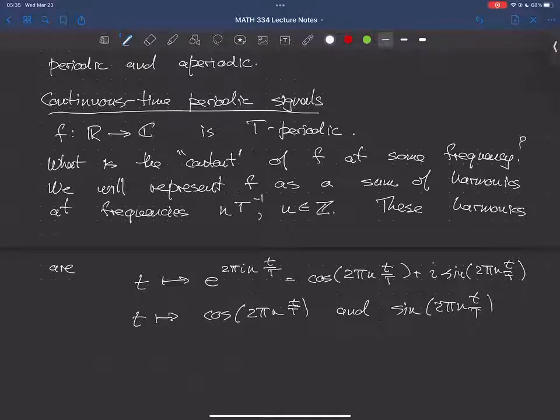Now you can do it in either. You can either use this or you can use these. And this is one of the reasons why in Fourier analysis it's easier to use the complex signals, because it's just easier to talk about the complex harmonics rather than to have to deal separately with sines and cosines. Because there are separate formulas, little niggly things you have to deal with, like for example,